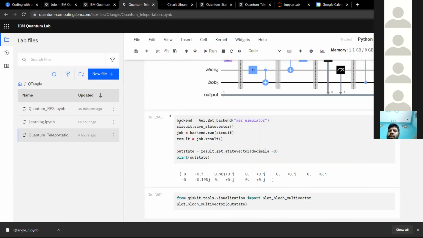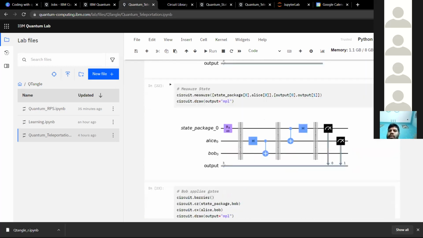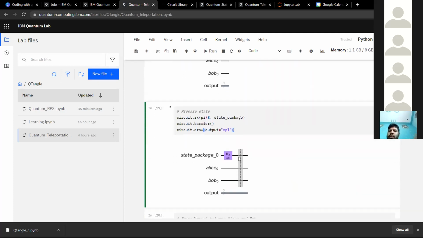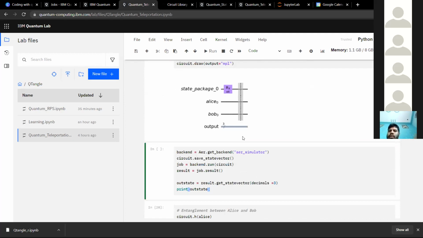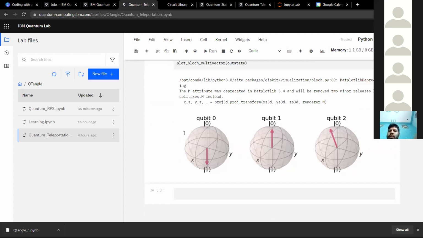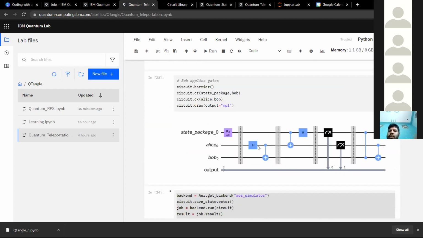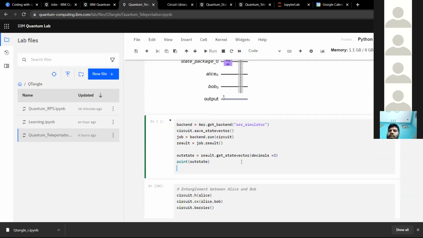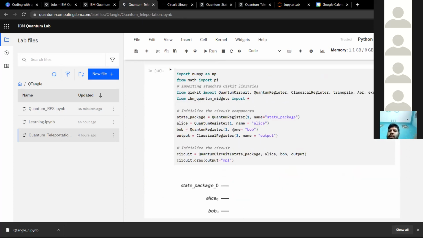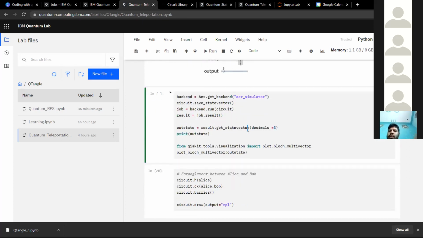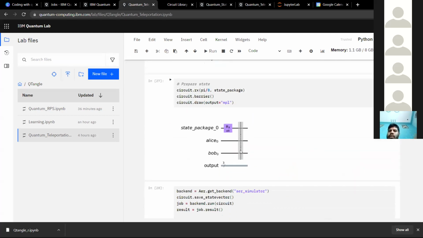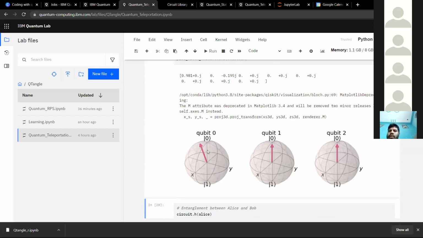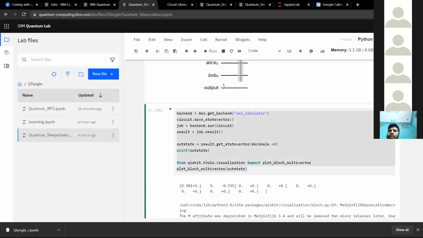Just to show you a difference, I'm also going to run this function here where we set this thing up. Here we had implemented this thing, so I'm going to do control C. We can use the same code. So if I run this now and I do this, you see initially when we were initializing this, qubit 0 was at this state, but now after the protocol,